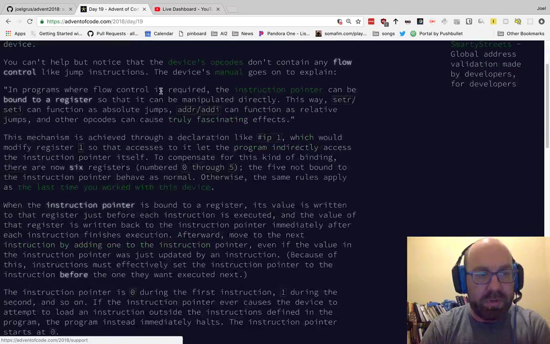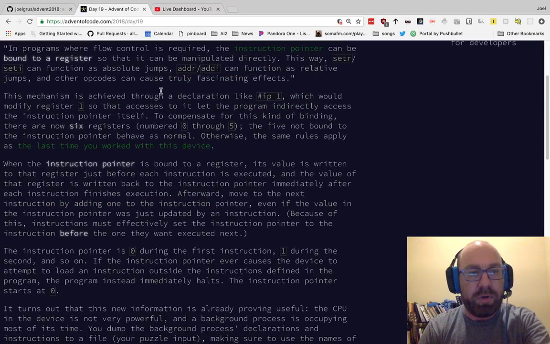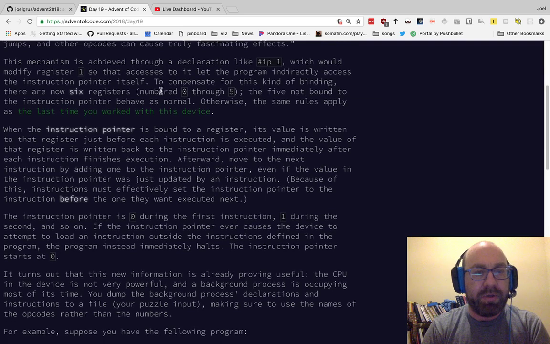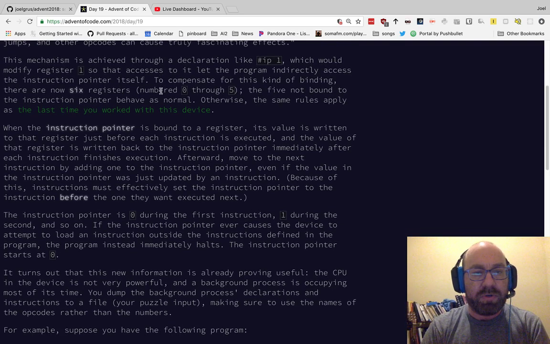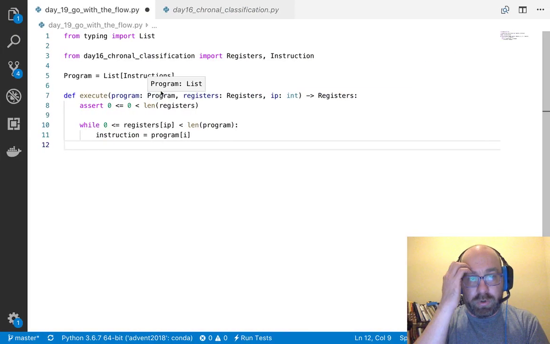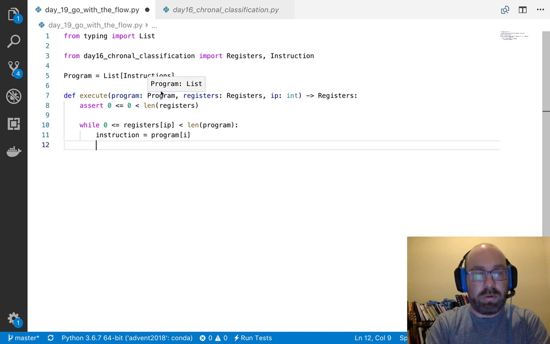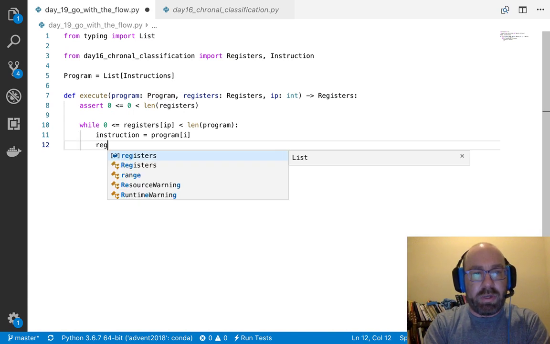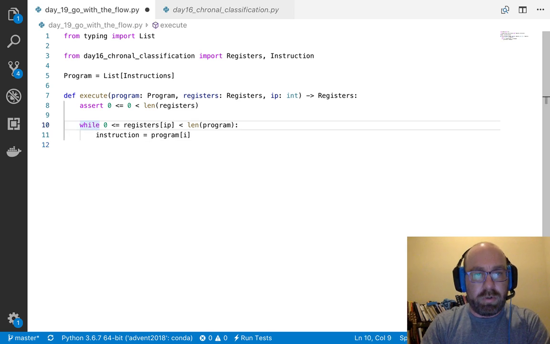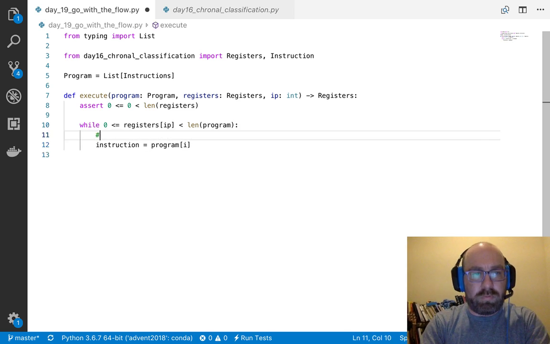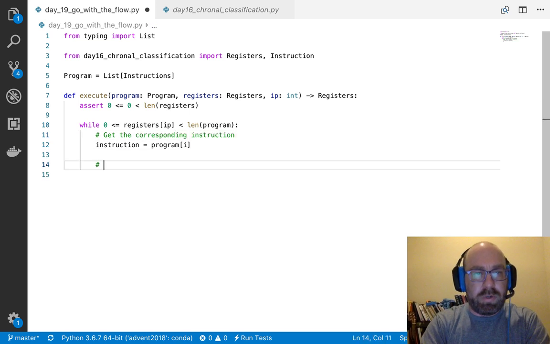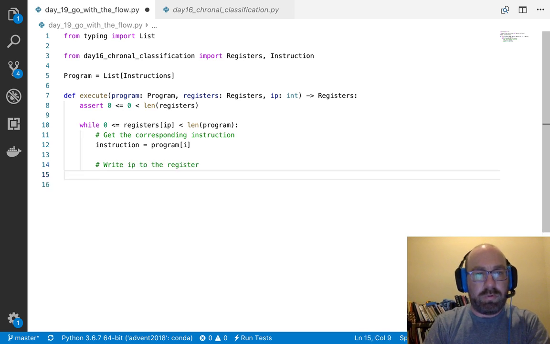Let's go back and see what this says. When the instruction pointer is bound to register, its value is written to that register just before each instruction is executed, and the value of that register is written back to the instruction pointer. Okay, so instruction equals program I, and so get the corresponding instruction, write IP to the